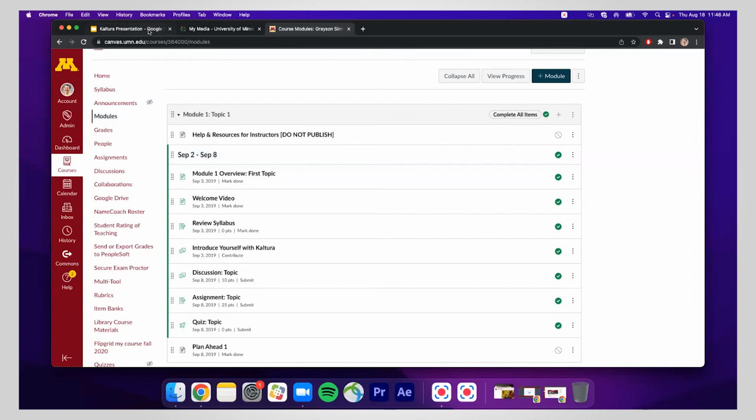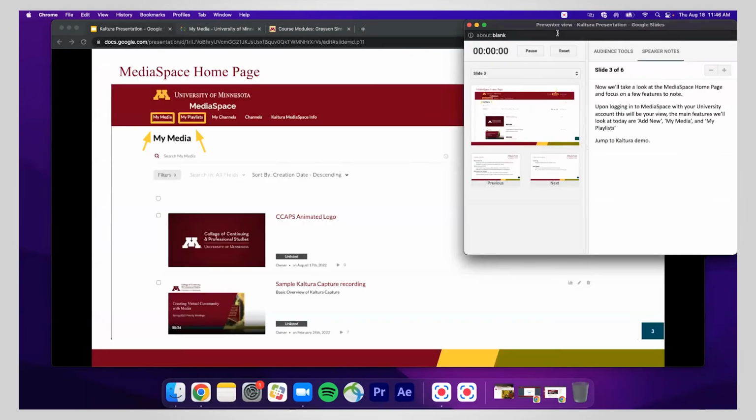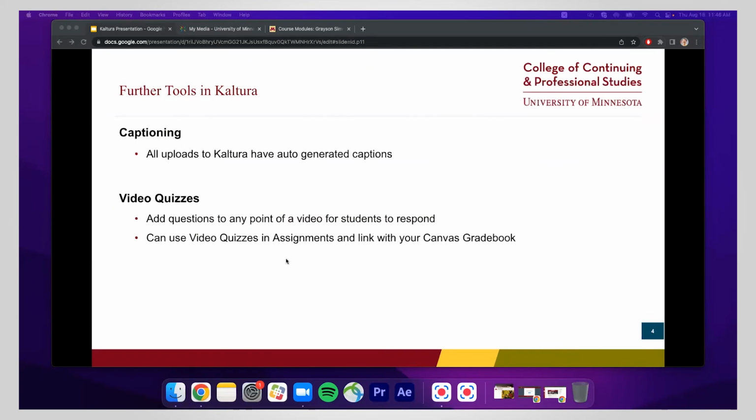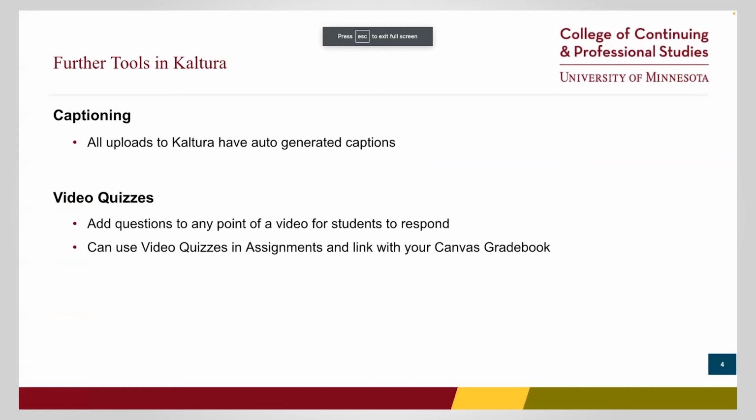Okay, so I'm going to go back to my presentation, and we're going to go to this slide here. We touched on this a little bit, but talking about captioning. Like I said, all uploads to Kaltura have auto-generated captions. Great feature, but only 90% accurate. So it is recommended to edit them if you have particular names, words, language, or specific content that you want to make sure